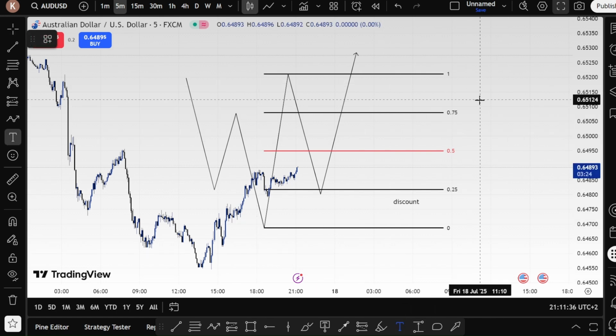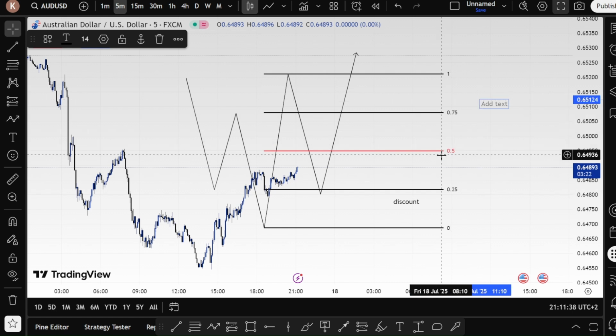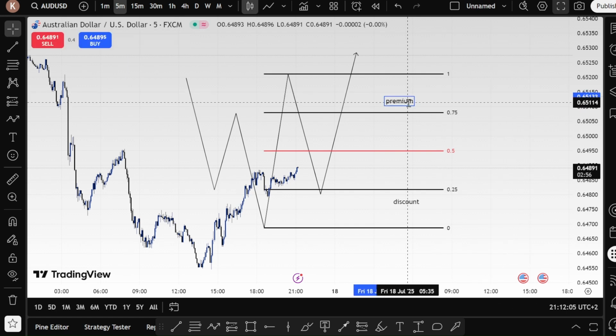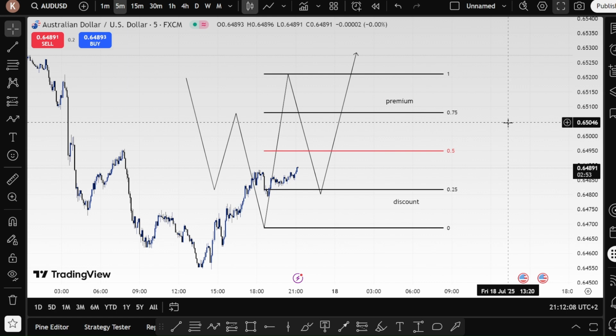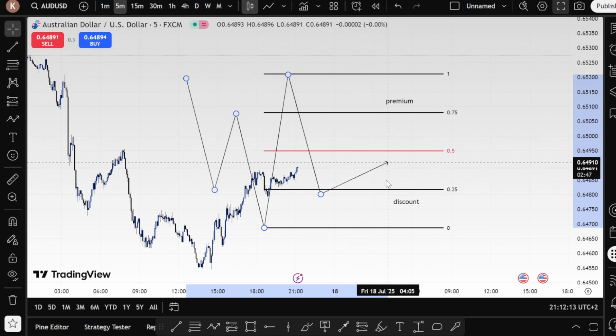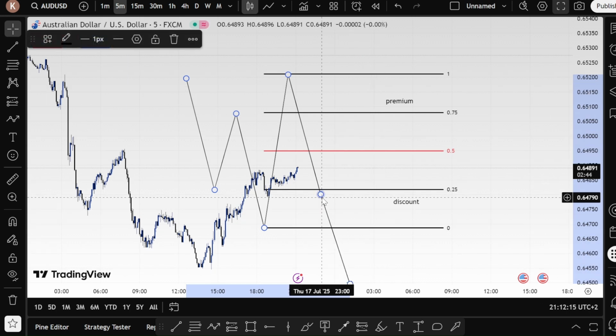Starting from 0.5 to 1, which represents 50%, 75, and then 100. So here we got our premium level. We got our premium level at this point. So it's like that. Trading like that. So wait for price to come to the discount. If it changes and it happens that price hits our